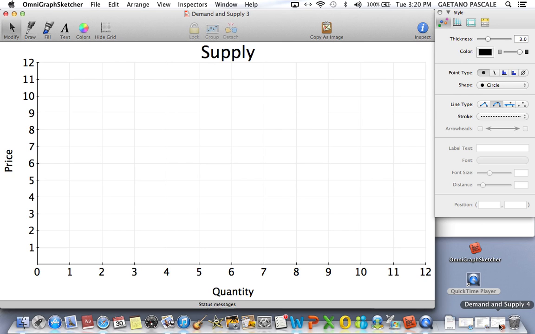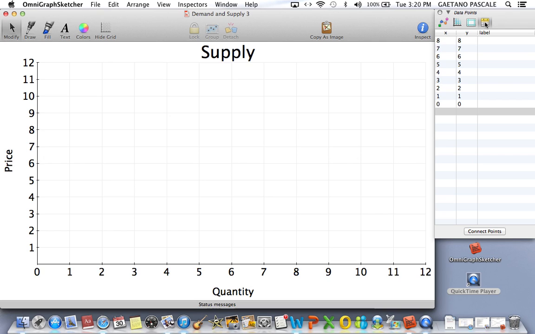Now we're switching over to the supply side of things. And similarly to what we did with demand, I have data here. This is our supply schedule. So if we map out prices and the quantities supplied with those prices, that gives us our supply schedule. So you could think of the supply schedule as the data behind the supply curve. So here is the data